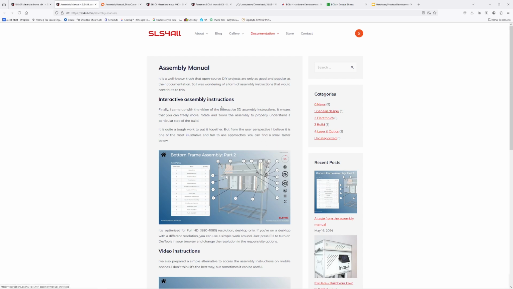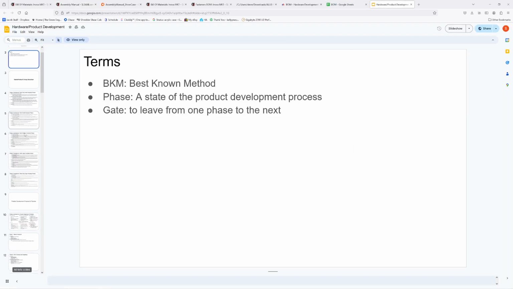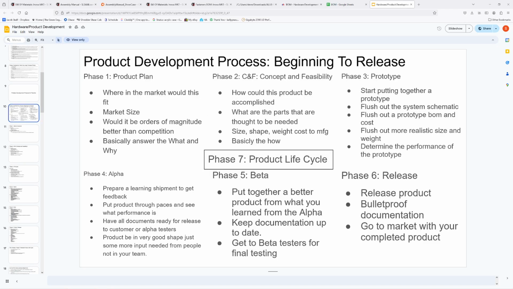and what my thoughts are on this documentation. So a couple things, right? Here we're in the hardware product development page, and basically the SLS4ALL Nova is at this prototype stage. So the prototype stage was the one to the left that we watched in that video,